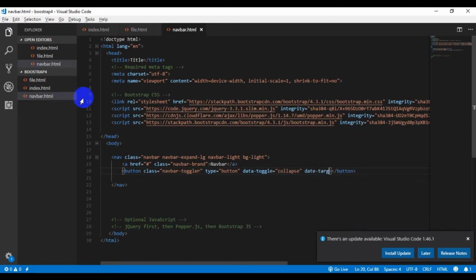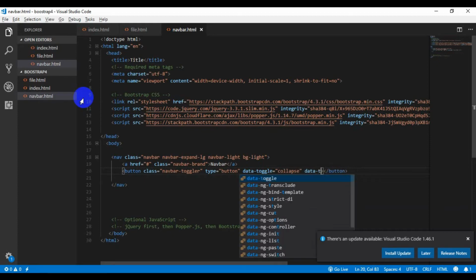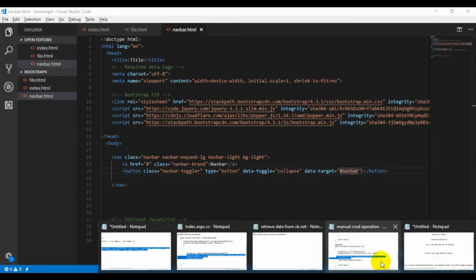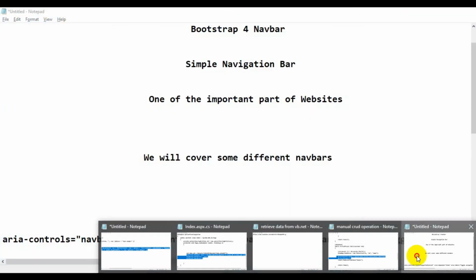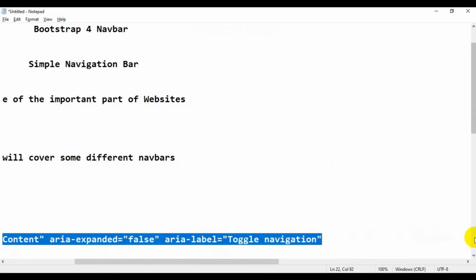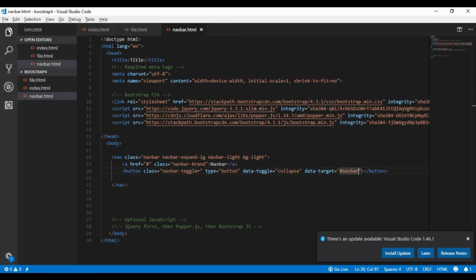Set data-target to hash navbar; use hash and set any name. You are also required to add aria-controls, aria-expanded false, and aria-label toggle navigation. Just copy this, I'm going to paste it here.